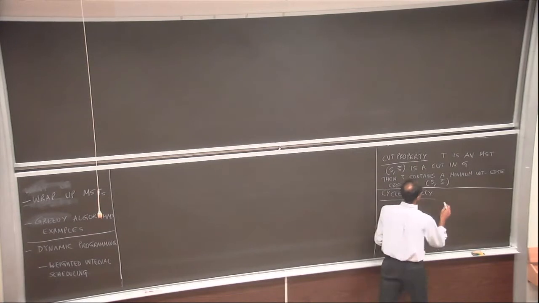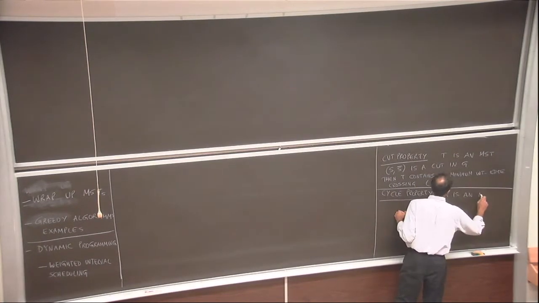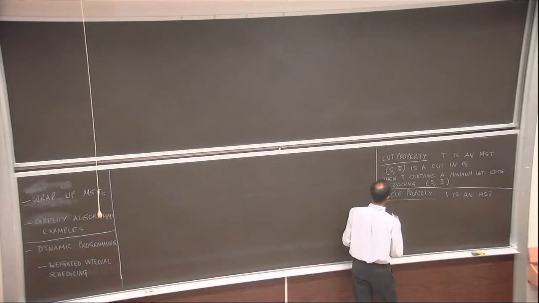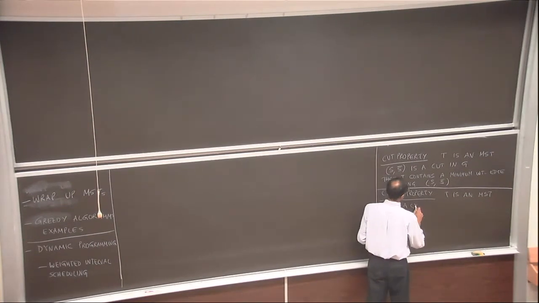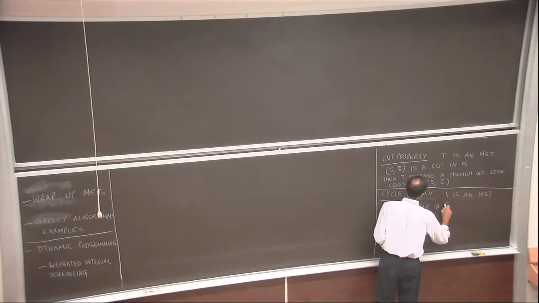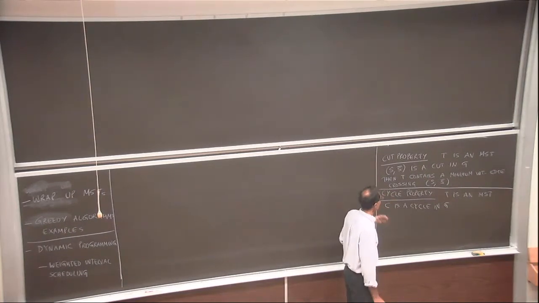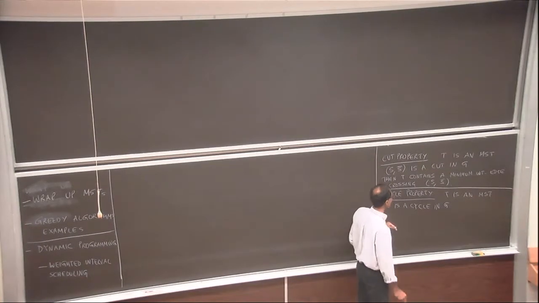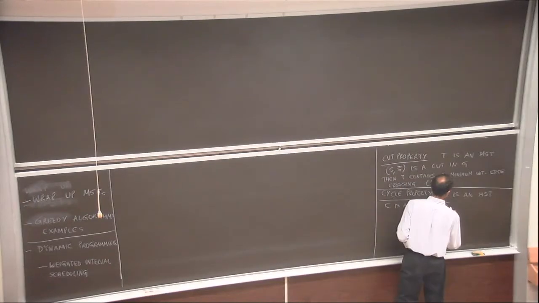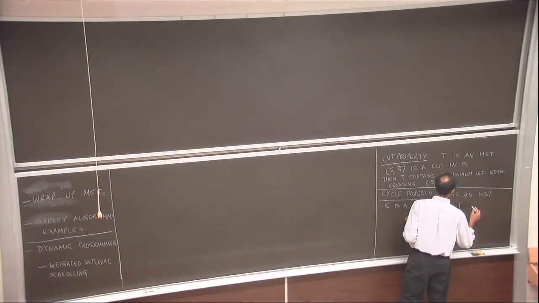Cycle property: T is an MST, C is a cycle in G. T should not contain the maximum weight edge of the cycle. I've noticed that I'm maybe writing it a little differently than what I've written before, but you should see that they are saying the same thing. So T is an MST, C is a cycle in G, T does not contain